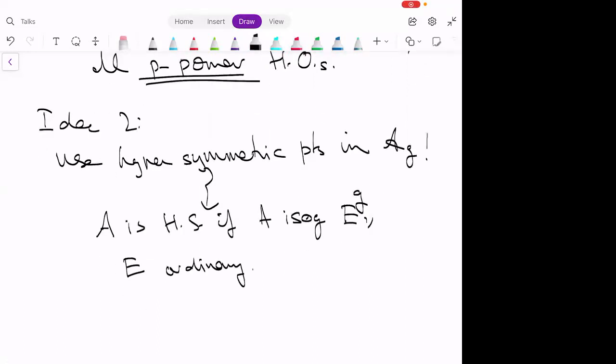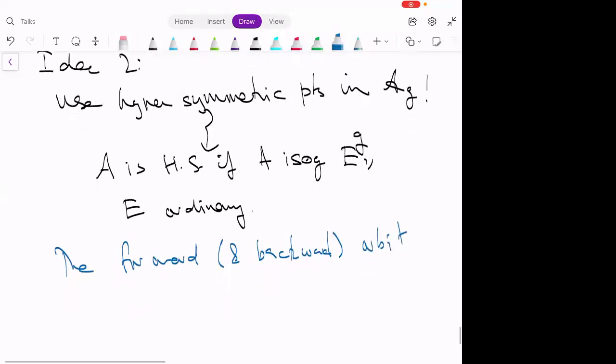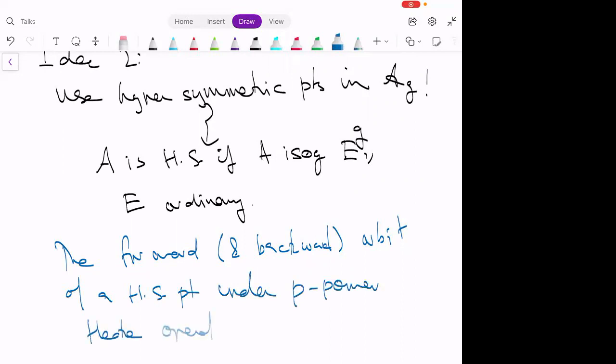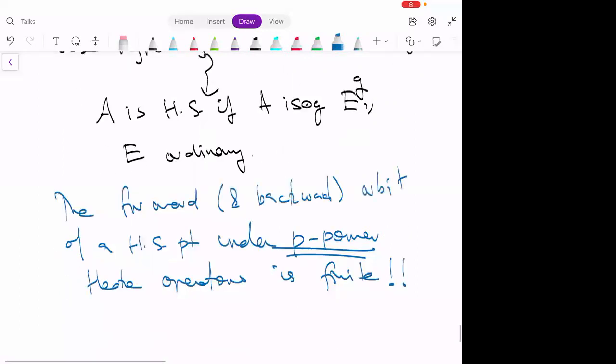And the amazing thing about hypersymmetric points is that the forward and therefore backward orbit of a hypersymmetric point under p power Hecke translates is going to be finite. It's extremely crucial that these are p power Hecke operators. And that's because